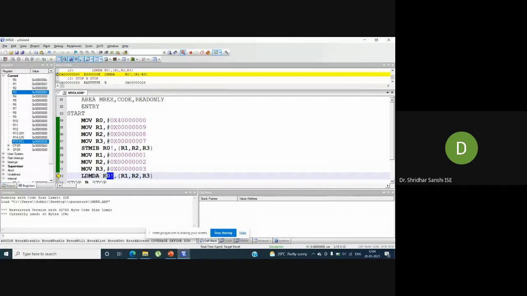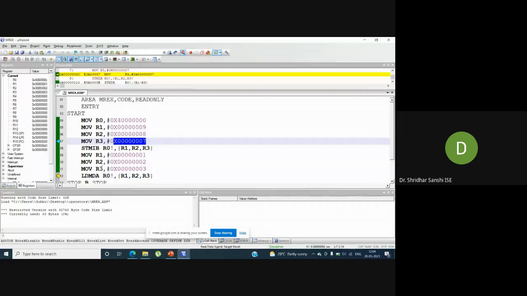So what is the content of the address register? The address is 400C. So this value, whatever it is pointing to, is decrement after. In this particular address, whatever is there, I'm putting that into R3. What is present in this address? 07 is present. Then I'm decrementing by 4, placing that value into register R2, and again decrementing and placing the value into register R1.